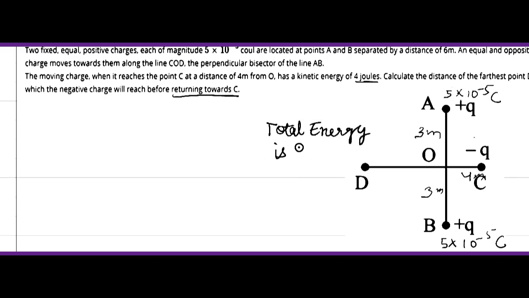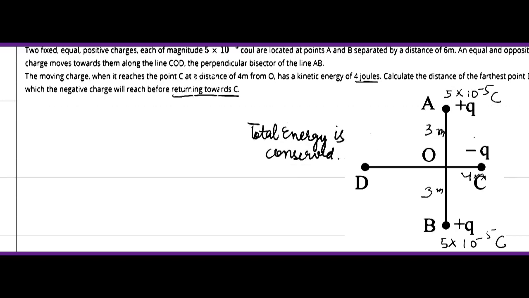Total energy is conserved. Now we will do the same thing by using the formula. See, we will start by taking this whole system, because for an isolated system it is possible. If you take only minus q into consideration, the external force would be due to this charge and due to this charge. In that case, conservation of total energy will not apply. Why? Because it would not be an isolated system and these would be external to it. So we will take all the charges as the whole system